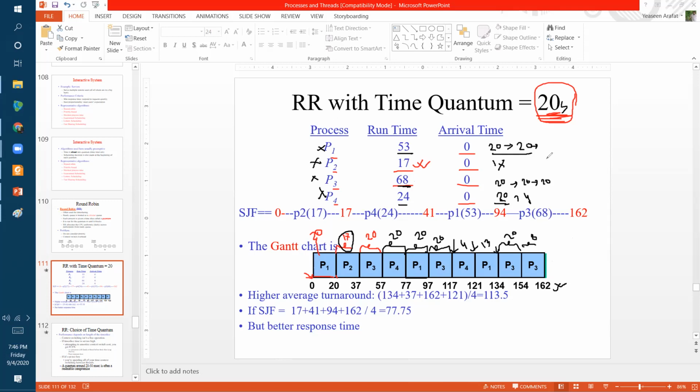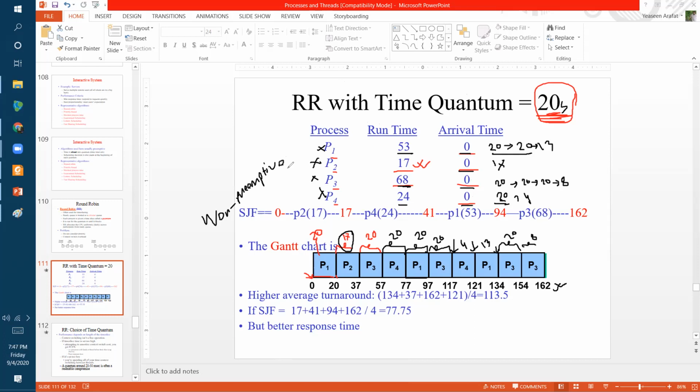So no more problem. Using round robin with quantum 20, we have just drawn the Gantt chart. Now we have to calculate the turnaround time or average turnaround time to compare the round robin algorithm with the last best one of ours, which was shortest job first. Because the arrival time of all jobs is the same, we now compare non-preemptive SJF and the round robin algorithm.